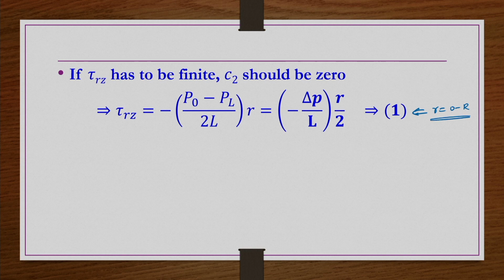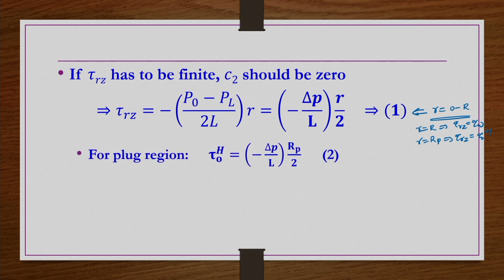So, in this equation, if you substitute r equals capital R, then you get tau Rz equals tau W. And then when you substitute r equals Rp, what should you get? Tau Rz should be what? Because Rp is the location where the applied stress becomes equal to the characteristic yield stress of the material. So, at r equals Rp, tau Rz should be equal to tau naught H.